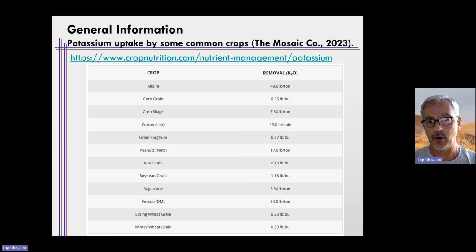If you look across the board at this table, what you see is that the crops that we often grow really don't remove a lot of potassium from the environment. But we do have some crops that do, for example, alfalfa and fescue. If we look at corn in terms of grain or silage, there's really not that much potassium that's removed. So when we think about potassium, oftentimes your mind should come to alfalfa as the king of removing potassium